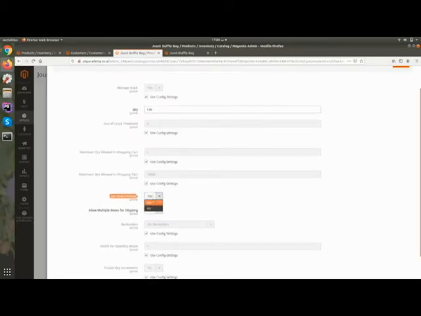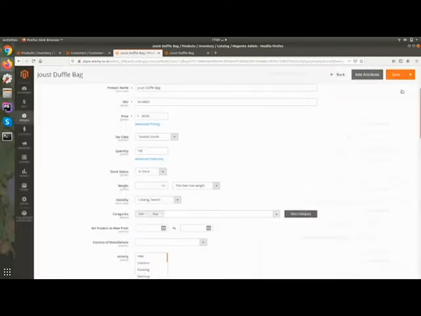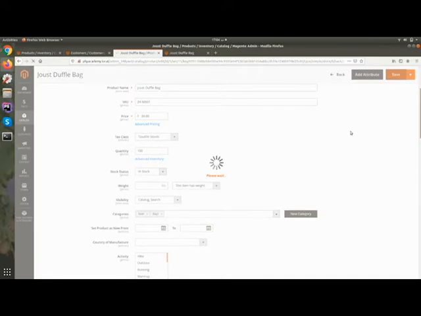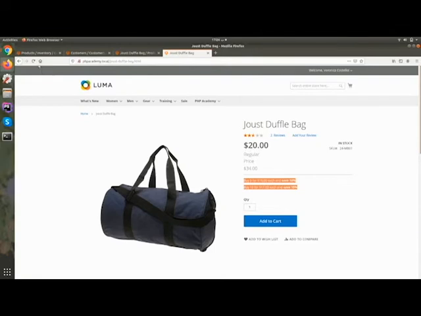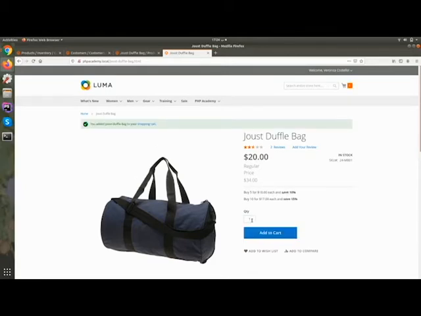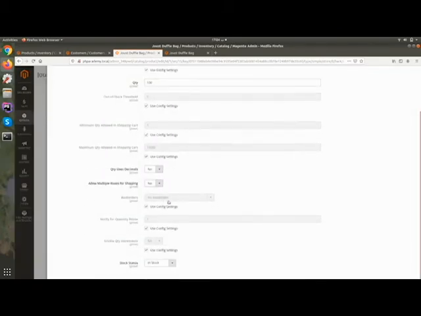First let's set it to no. Now here you can see I can add 1, but if I try to add 1.5, it will not be able to add it. Now I will set it to yes.